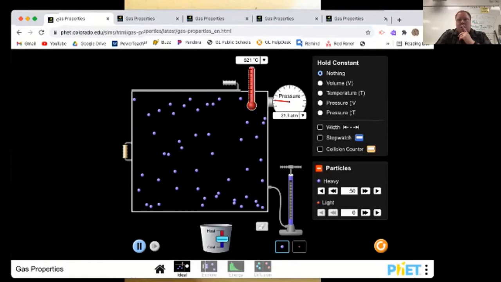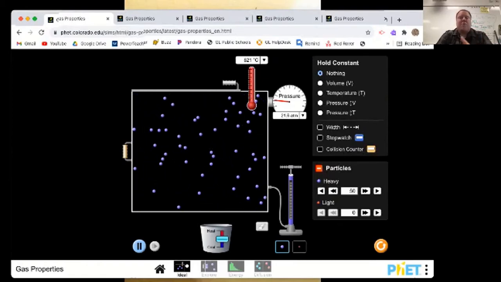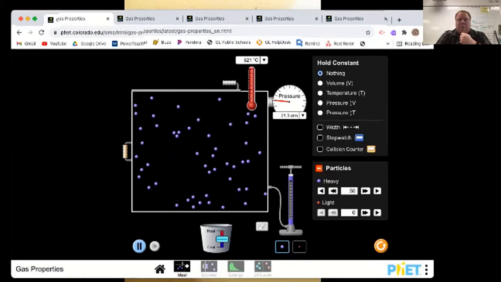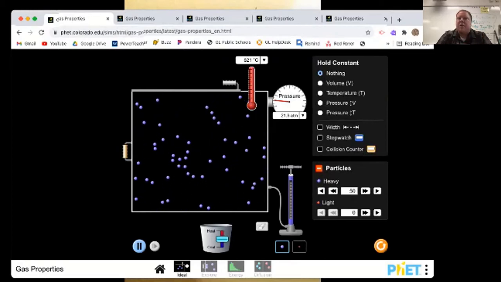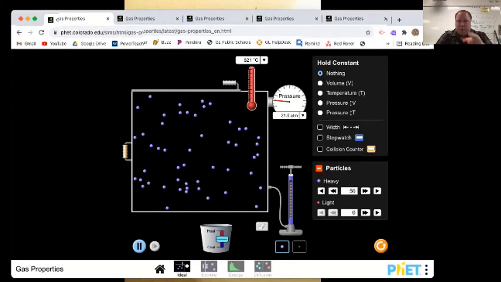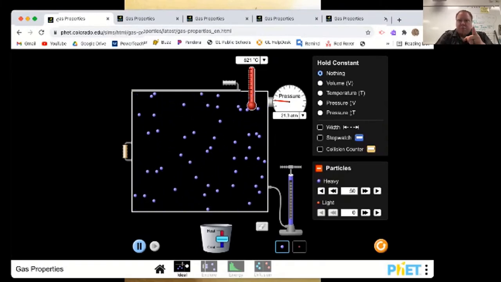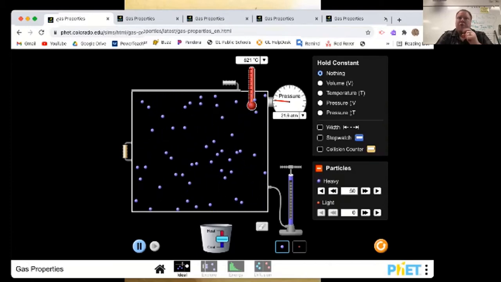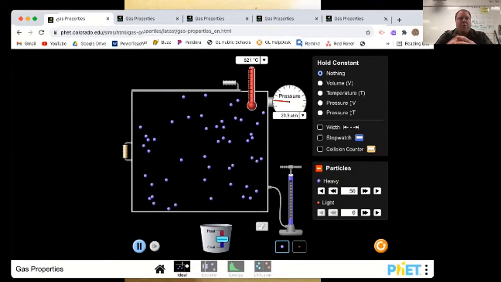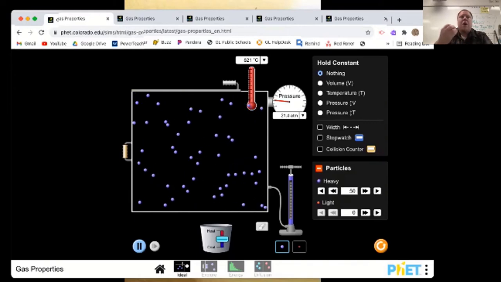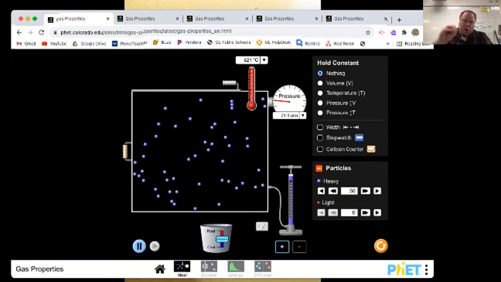Okay. Got a couple of good answers here. I got Gay-Lussac's law. Temperature and pressure are directly related. Okay. Which is true. So Gay-Lussac's law, but what is the explanation behind why the pressure increases? I got a couple people who are going that route. So here's one. Because they're moving faster, the particles are hitting the walls more often. Okay, which is true. Remember that pressure is particles running into and hitting the walls.